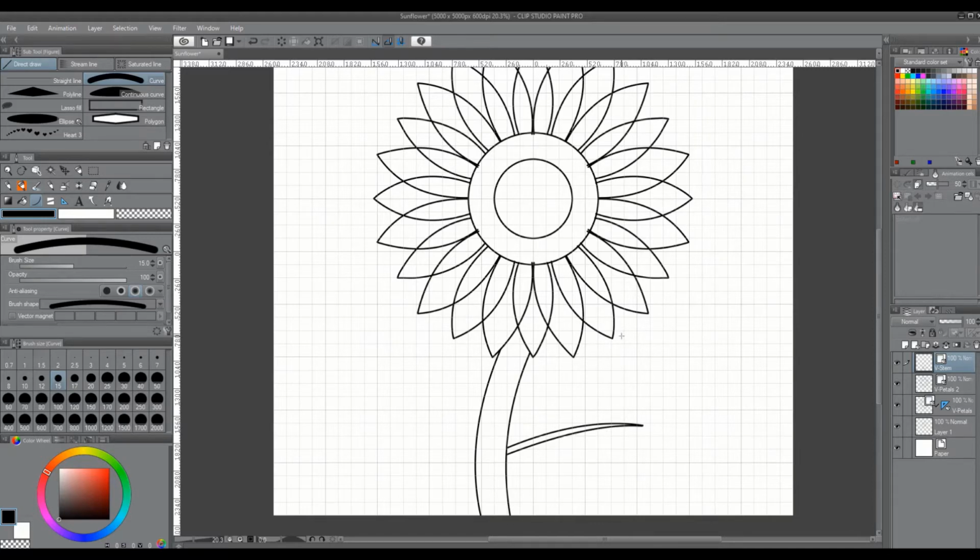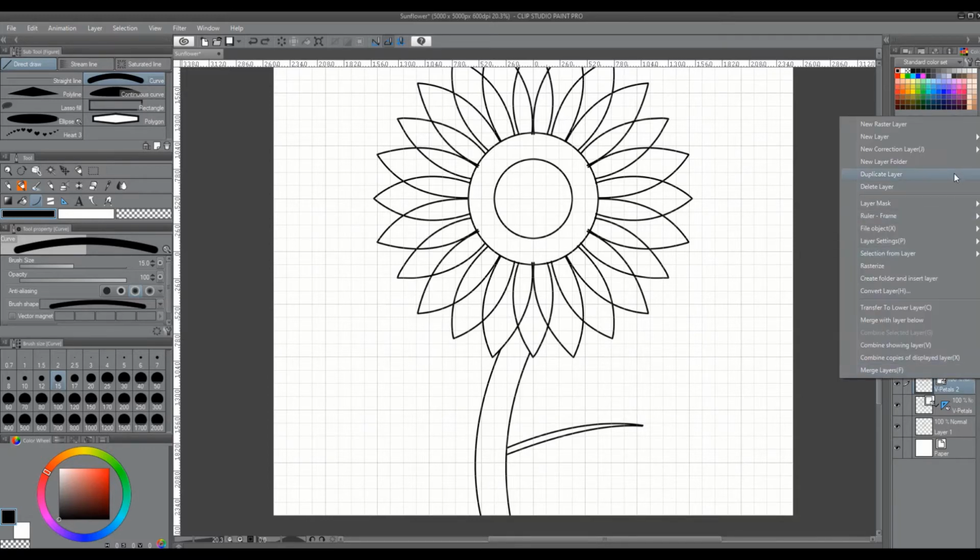Now I have a couple options at this point. I can continue to just make a simple curved line for our leaf. So I'm going to stop about here and make our curve that way. And then I'm going to go back to about the same point and drag it out and meet the point of the leaf, and then drag it until I get the shape that I want. Or I can go ahead and just use the pen tool and create more of a jagged line. So for example,